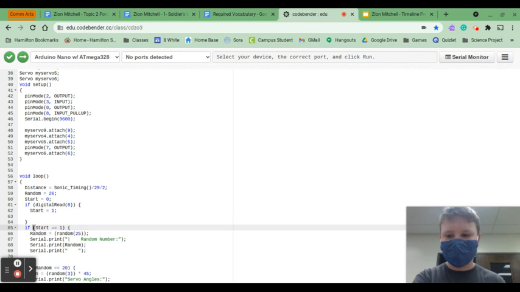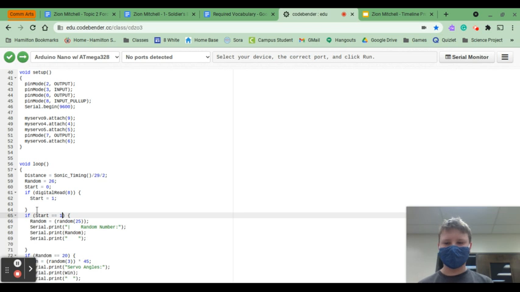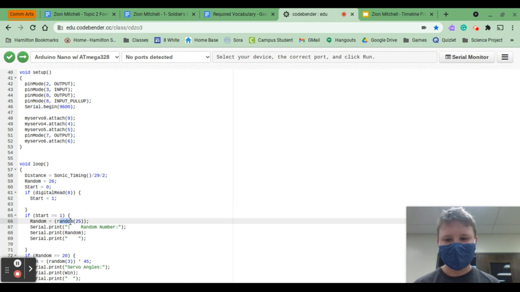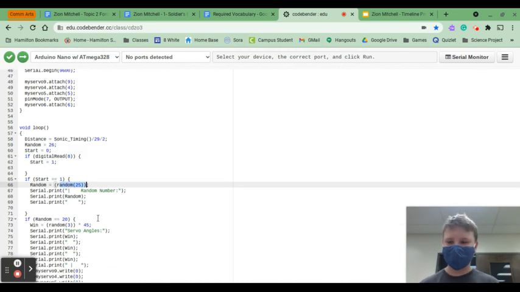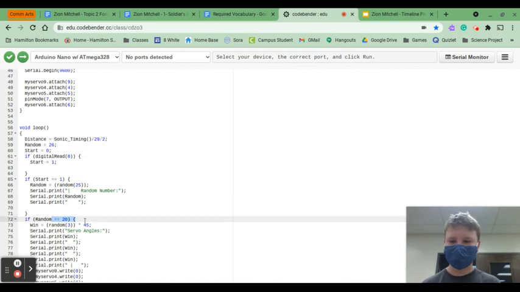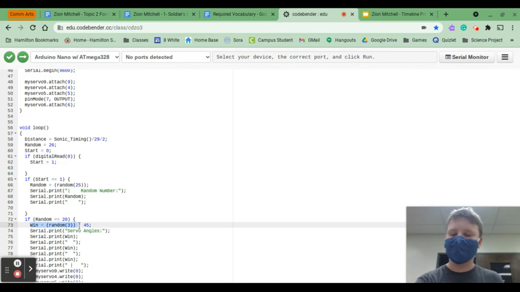And then, basically, the whole thing starts when the start variable is 1. Basically, what this does is it makes it more like a toggle switch rather than a push button switch. And then, so basically, when the button is pressed, it gets a random number from 0 to 24. So it's like 1 and 25. And then, if the random number is 20, then it will make the win variable either 0, 45, or 90